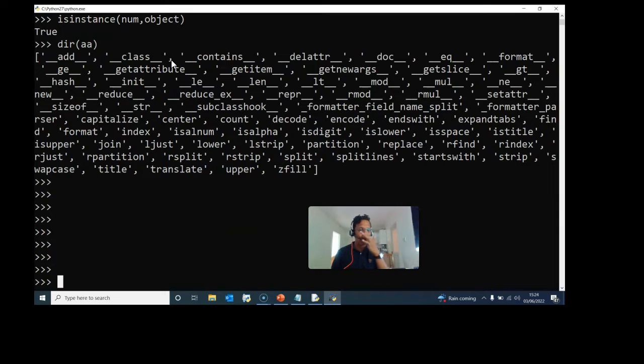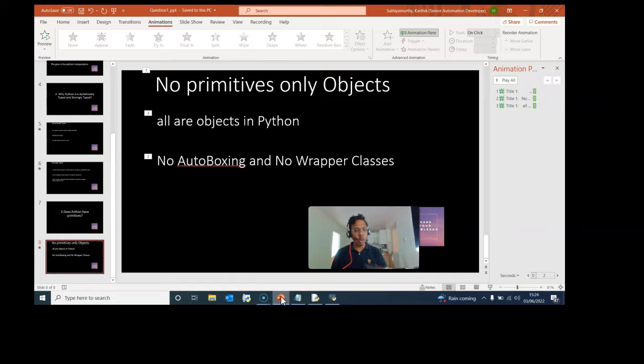So all those can also be used with the objects we have in Python. Hope this gives you clarity: all are objects in Python, and no primitives. So there is nothing called value types in Python. Thank you. Have a nice day.